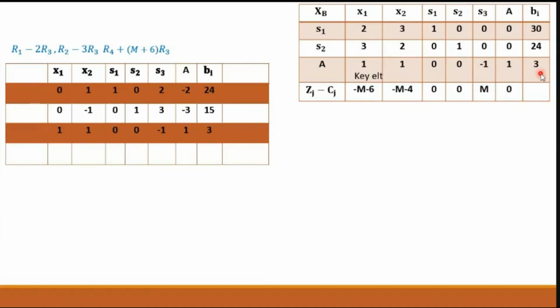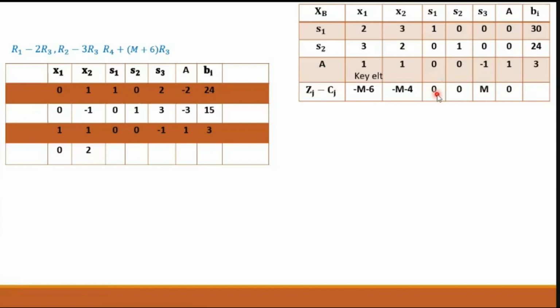Okay, next for the fourth row, we have to use the transformation R4 plus (M plus 6) into R3. R4 becomes minus M minus 6 plus (M plus 6) into R3. So the first element will be 0. Now what is the second element? Minus M, for R4 it becomes minus M minus 4 plus (M plus 6) into 1, how much will it be? 2. Okay, fine. Next element,